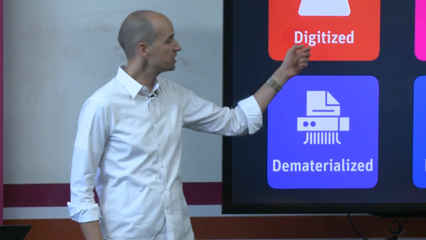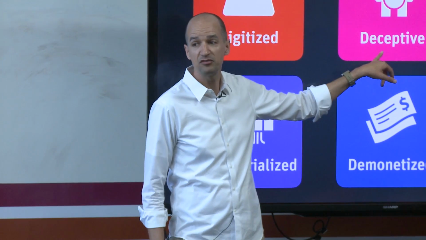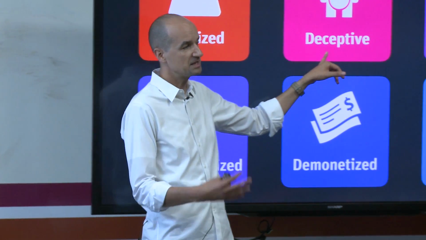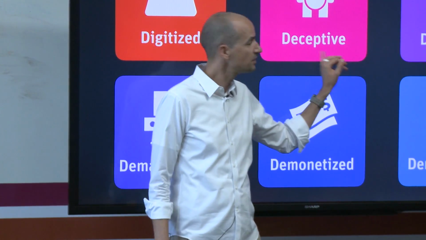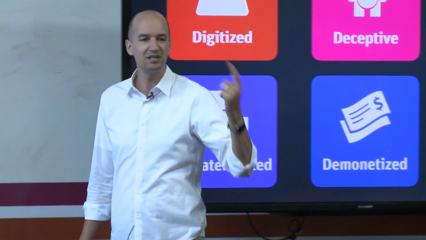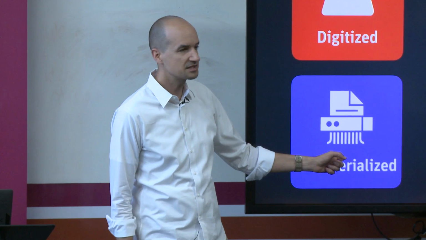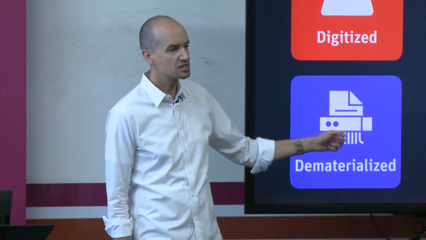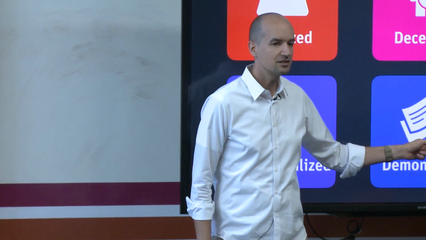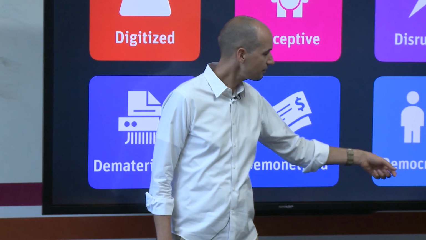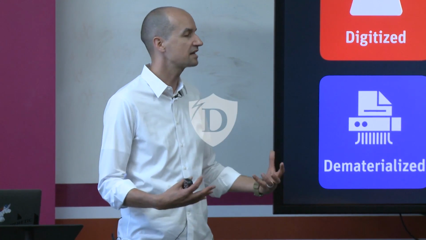Let's take Uber. Uber digitized the rider information: where's the car and where's the person who wants the car? It was deceptive. Their first product was basically a black car service, a very luxurious product, and a lot of people saw it as a luxury good. It became disruptive when Uber copied the business model from Lyft, which is UberX. They allowed everyone to become a driver. They dematerialized car ownership. If you live in San Francisco, there's a really good chance you don't buy a car anymore because Uber is actually cheaper and better. You demonetize it. Uber is significantly cheaper than a cab. And their ultimate goal is to put a rider into every seat in every car, basically give you full access to transportation.